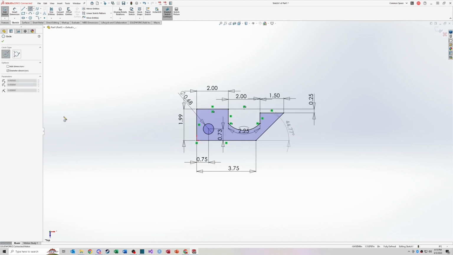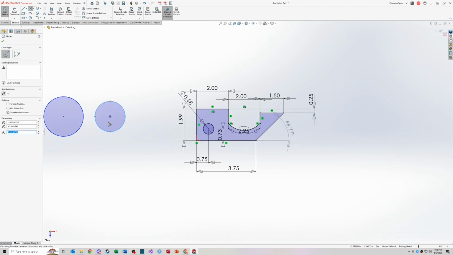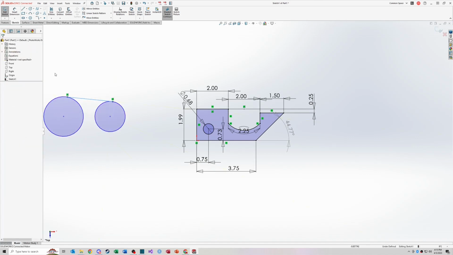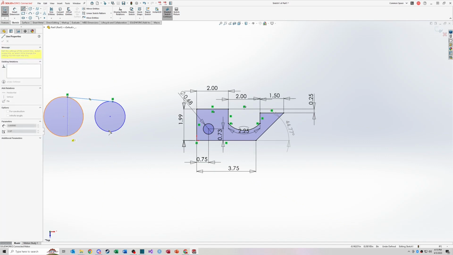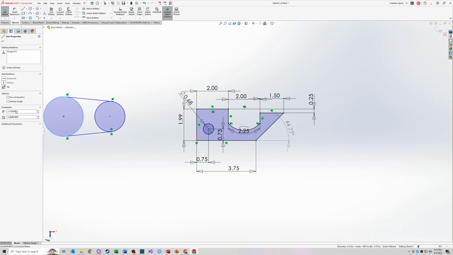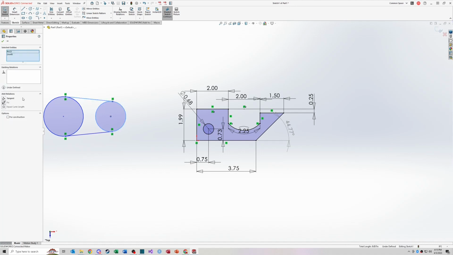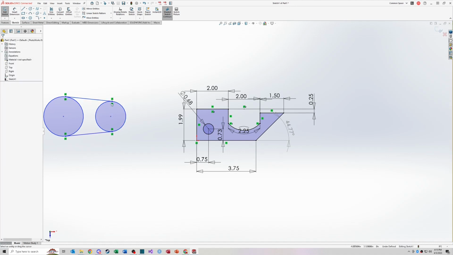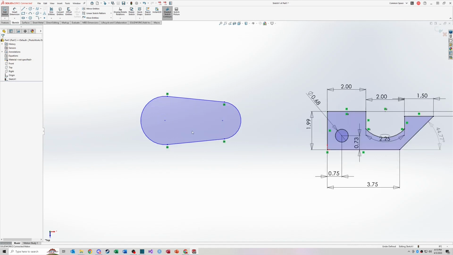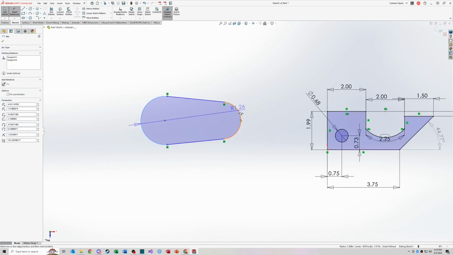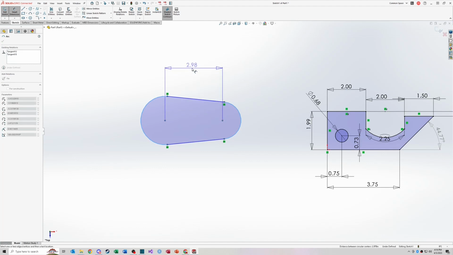There's one other really cool dimensioning trick that I want to show. So if I have 2 circles and I want to create a profile, something like this, and let's make this and this tangent, tangent over here, tangent here, and create tangency there. And then let's say I trim this out and I have kind of this off-kilter slot shape. If I were to grab this radius and this radius, it's going to dimension center to center on those